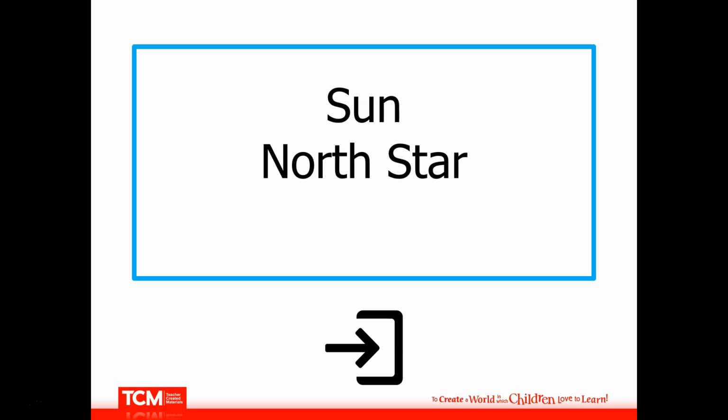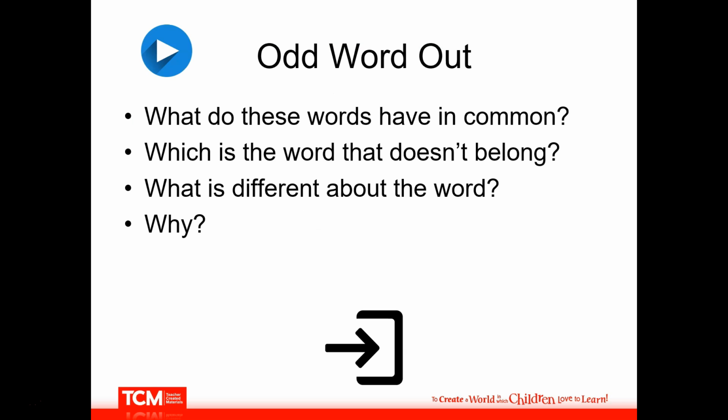And so as a model example for you, we're going to take a look at 3 words: sun, North Star, and asteroid. What I would do is I would make sure that I set a few guidelines for you. So you can take the opportunity to write these 3 words down: sun, North Star, and asteroid. And so I would ask you, if you were a student in my classroom, what do these words have in